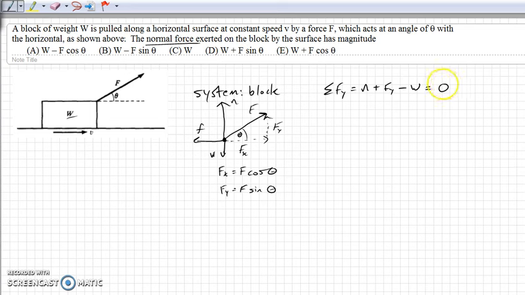All of those things added together equals 0, and if you wanted to say what the normal force was in terms of these things, you'd say that the normal force equals W minus the vertical component of the external force, subtracting Fy from both sides and adding weight. So you can go ahead and rewrite that as weight minus the external force sine theta. And that would be the normal force. And we see that that is the answer for